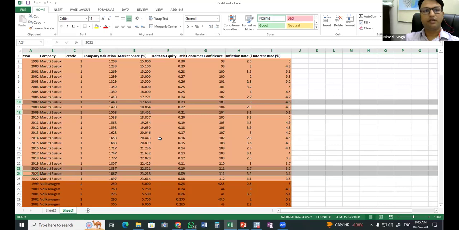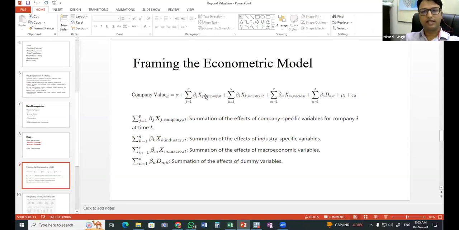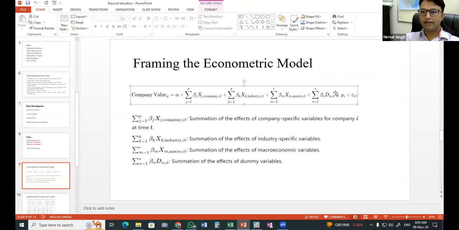Otherwise, that impact will not be captured, and whatever coefficients we get for other variables like industry-specific or company-specific ones, or the error term which we are including, will absorb that factor. That is why, if some exogenous event is happening, we have to introduce it into the model so that our other coefficients are not impacted.